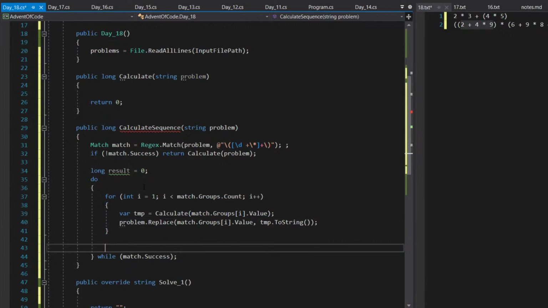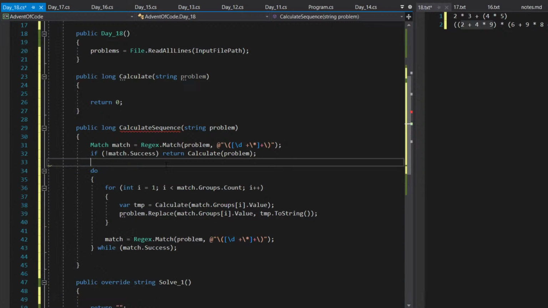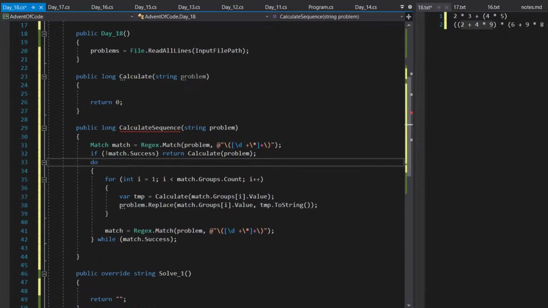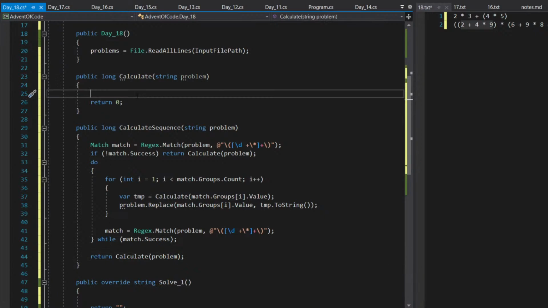And then once we do that, we will do another search of more parentheses. And then once we get here, we'll return calculate problem. Okay, and then up here,